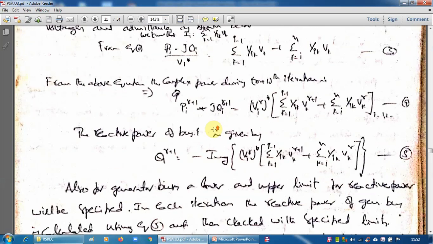In the last class we have seen up to this, that is, if it is a generator bus, we have to calculate Q and make use of that Q in the voltage equation and calculate the load bus voltage angle. Like that, for the two types of buses, the PQ bus, that means the load bus, and the generator bus, PV bus, what is to be done, what are to be calculated, we have seen.